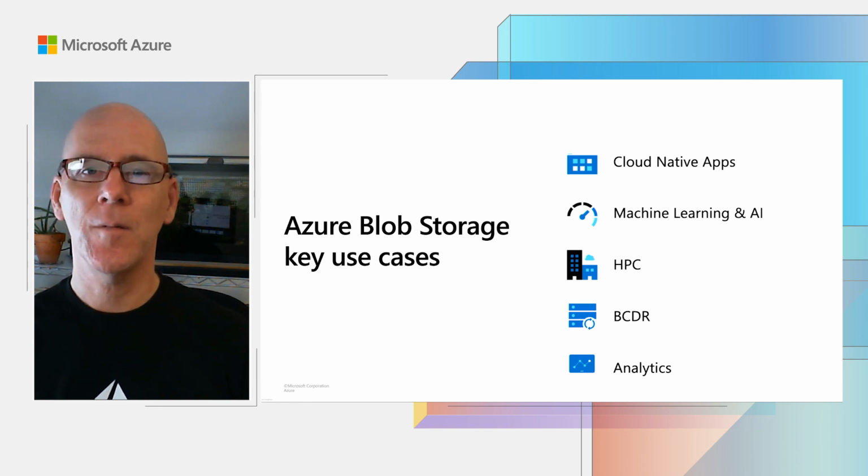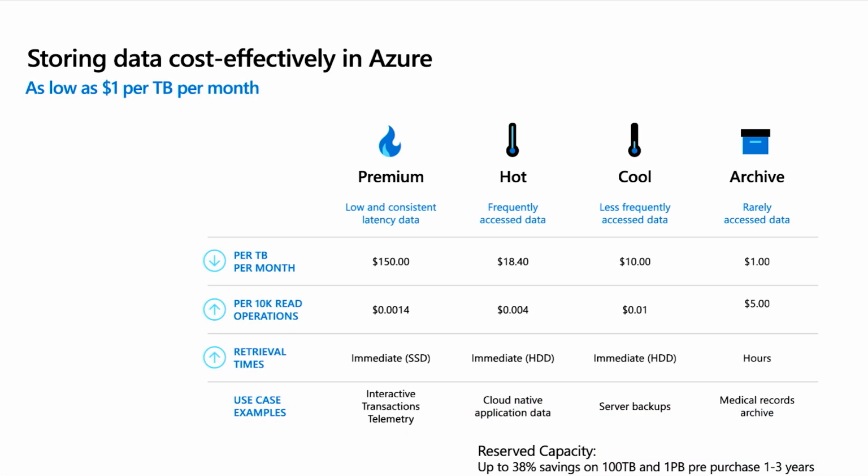The fourth one is backup and archival workloads, where you have lots of cold data that you want to maintain for a longer period of time. And lastly, we have analytics, which we enable through ADLS Gen2, which sits directly on top of our object store. Now, I've mentioned the $1 per terabyte a month a couple times, so I want to provide a picture of all the different tiers we provide.